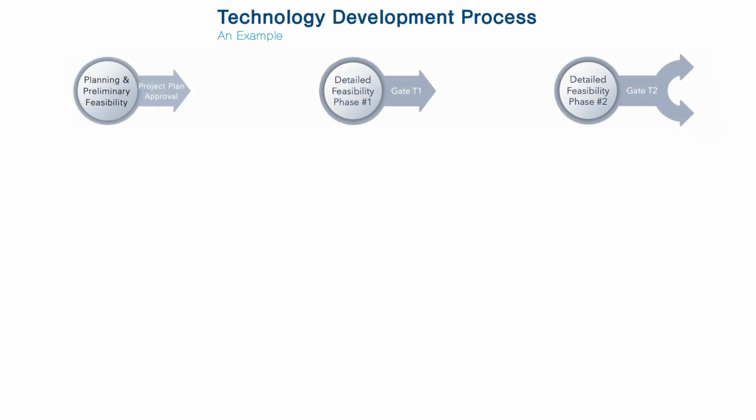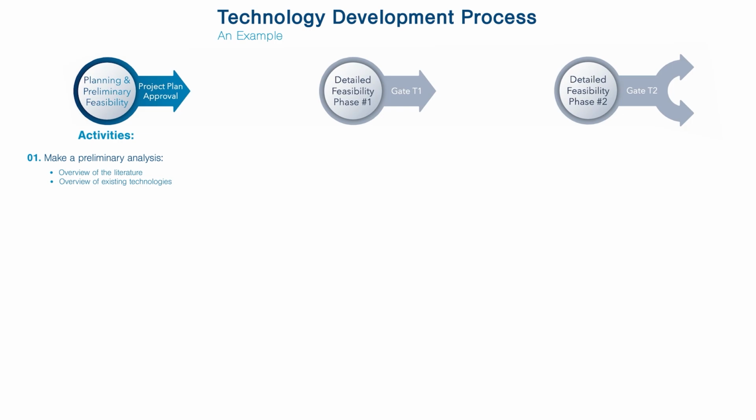As an example, here are the details of each phase of the technology development process. This process should be tailored to each project's specific need. When it comes to planning and preliminary feasibility, the first step is to make a preliminary analysis, which usually requires an overview of the literature, mainly by reading the abstracts and selecting relevant articles, an overview of existing technologies and